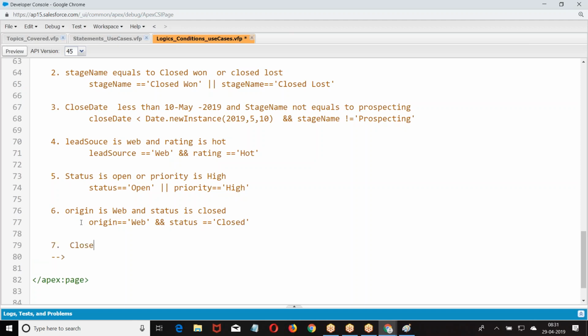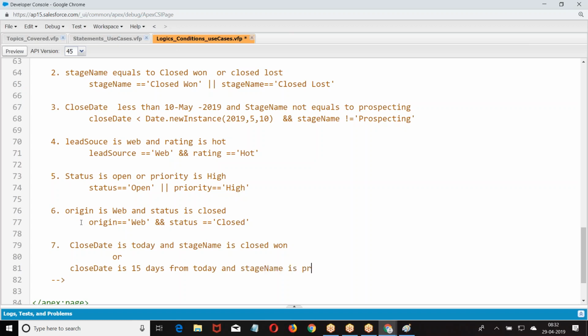Now I told close date is today and stage name is closed one, or close date is 15 days from today and stage name is prospect.